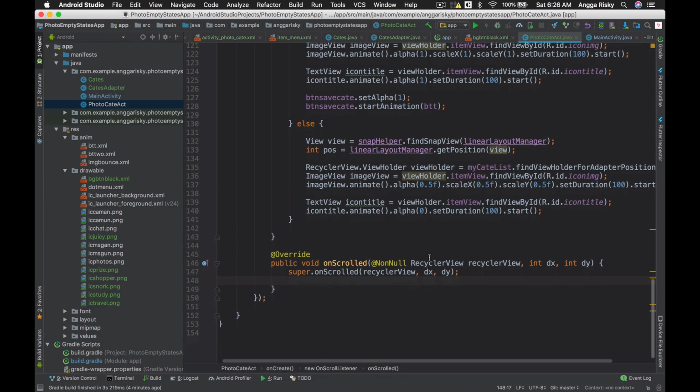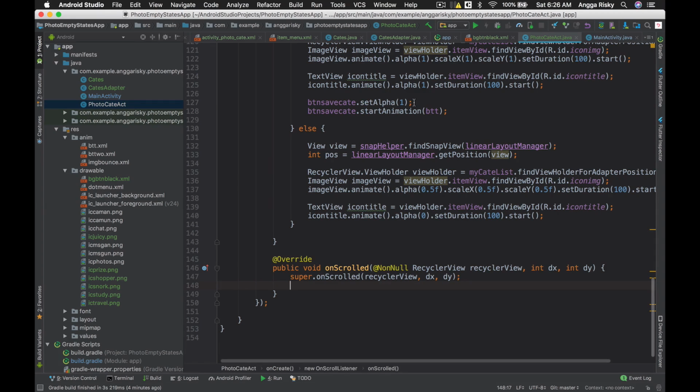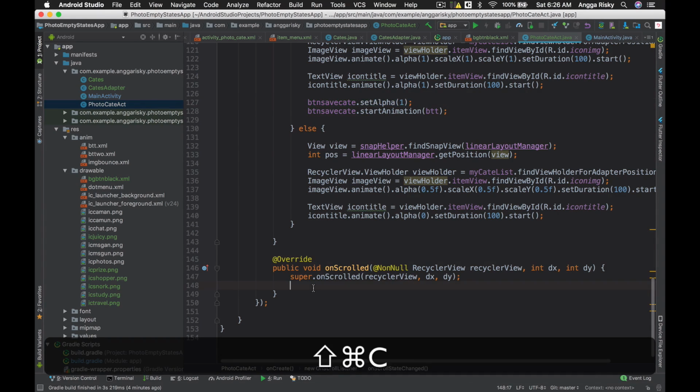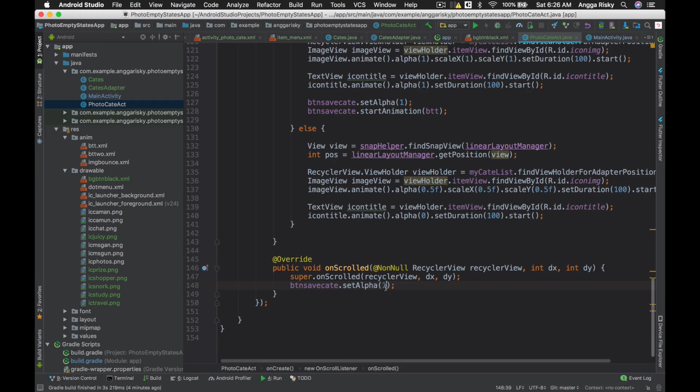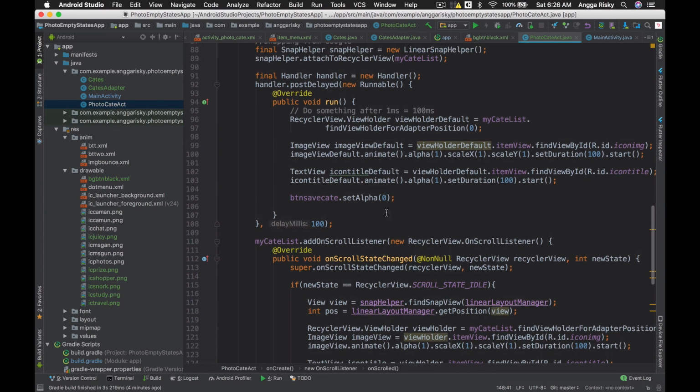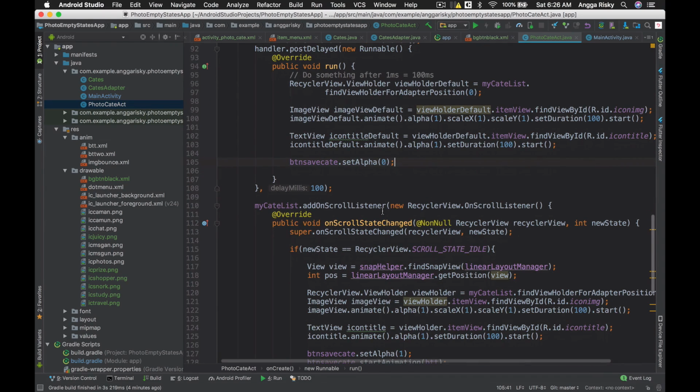But if the item is scrolling, we have to give this one set alpha to 0. So do you understand what I mean? First we have to give the button save alpha 0 because we don't want the user to continue.